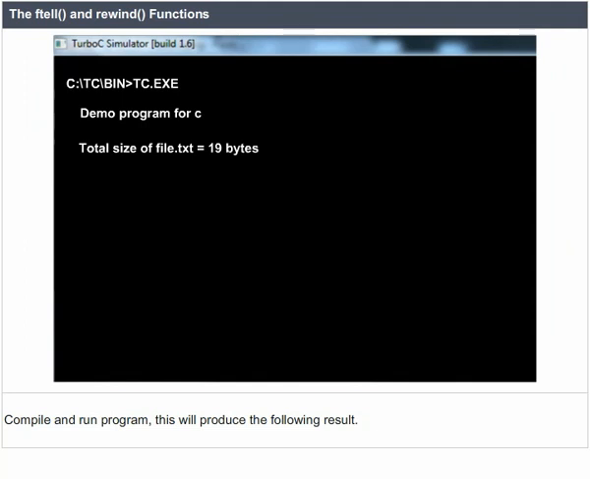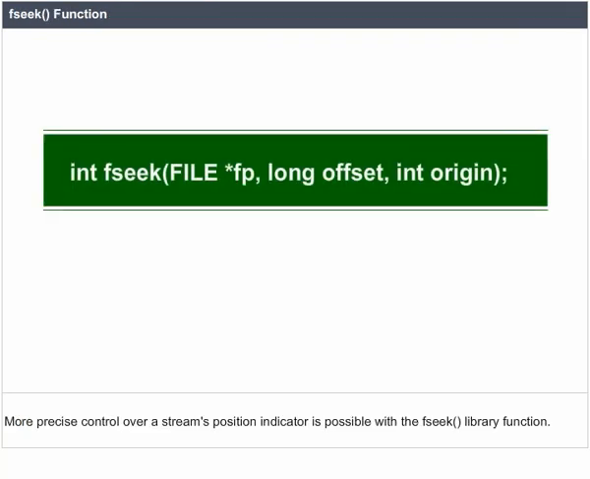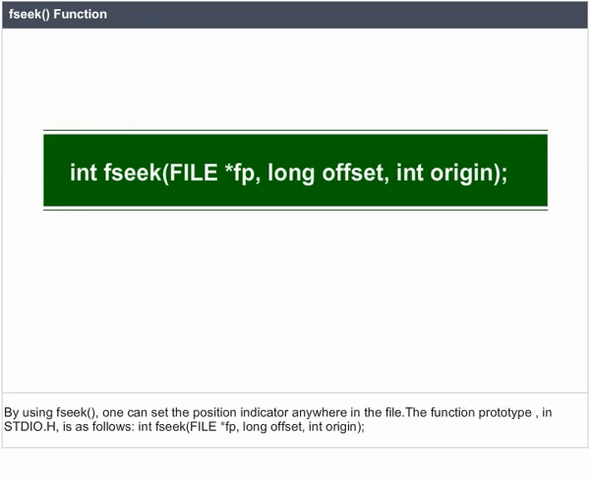fseek function. More precise control over a stream's position indicator is possible with the fseek library function. By using fseek, one can set the position indicator anywhere in the file. The function prototype in stdio.h is as follows: int fseek(FILE *fp, long offset, int origin);